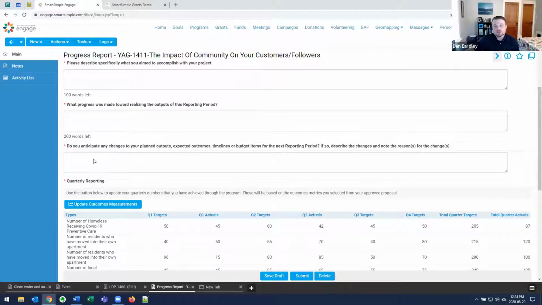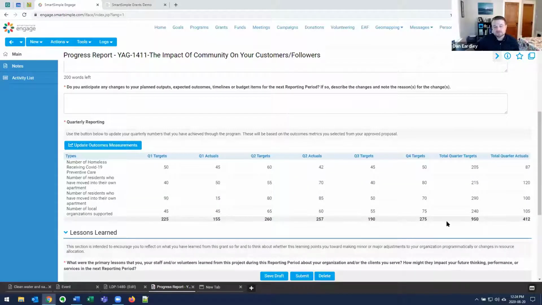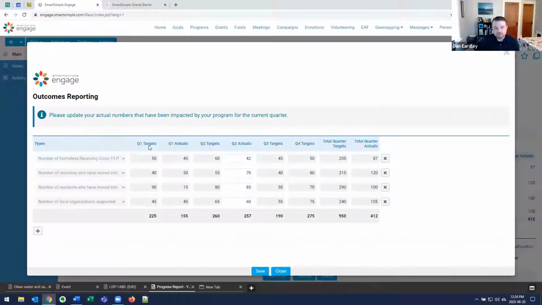But you can also use that same database Excel-like form to show that user, that grantee, here is what you said you're going to achieve within each quarter or within each year, whatever that timeline is that you want to measure against. And we can lock everything down that they don't need to edit. So it's pretty simple, saying, okay, you already told us what you did in quarter one. Now in quarter two, tell us what you actually achieved as it relates to those metrics that you specified compared to what your targets were.